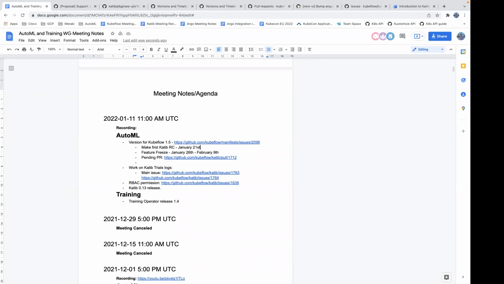Can you explain, I didn't catch that. So what is the process there? So for Kubeflow manifest, let's say that you have RC0 in AutoML and you want to bump the manifest to RC1. Instead of someone having to check out the KTIP repo locally, copy the files over to the manifest repo locally, and then create a pull request, I want to create a simple bash script in the manifest repo so that someone can locally run the script to copy the files from KTIP and have them in their local manifest repo to easily submit a pull request.